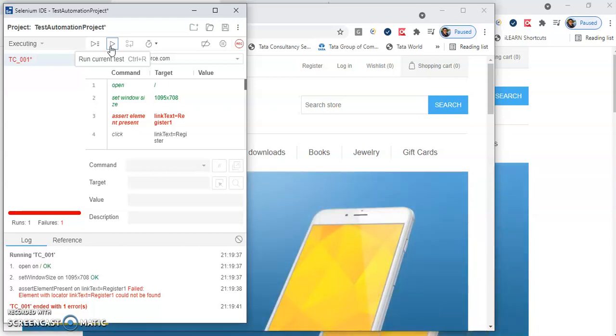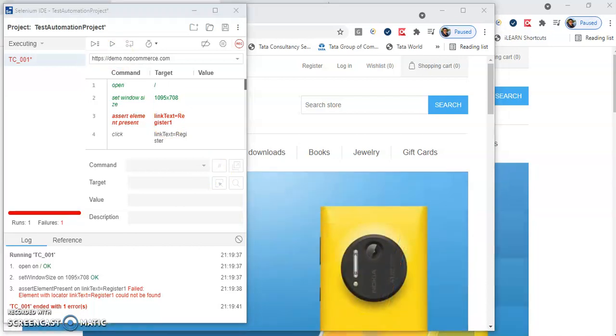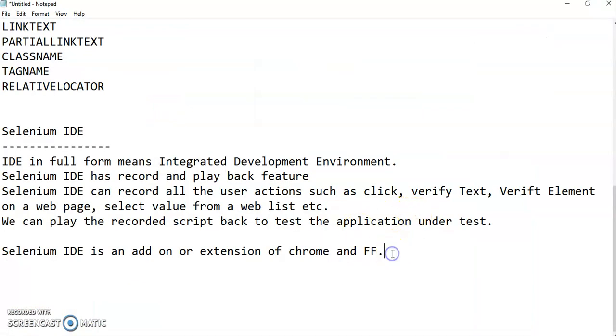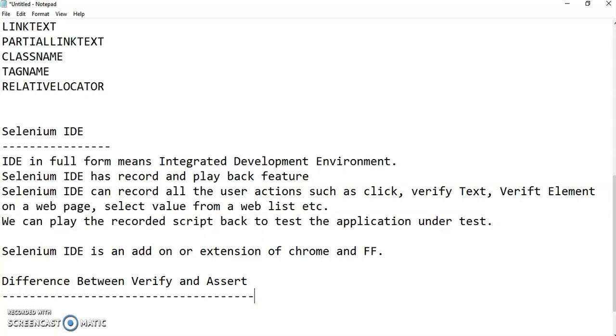Okay, so what we got to know from here is the difference between verify and assert.